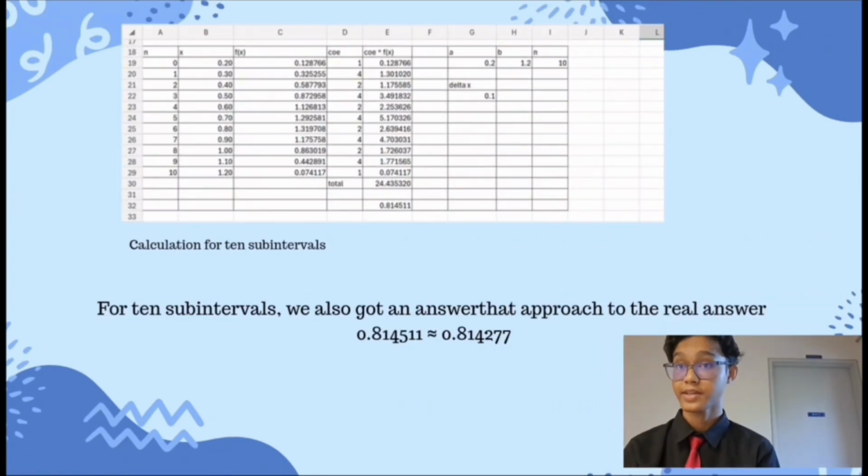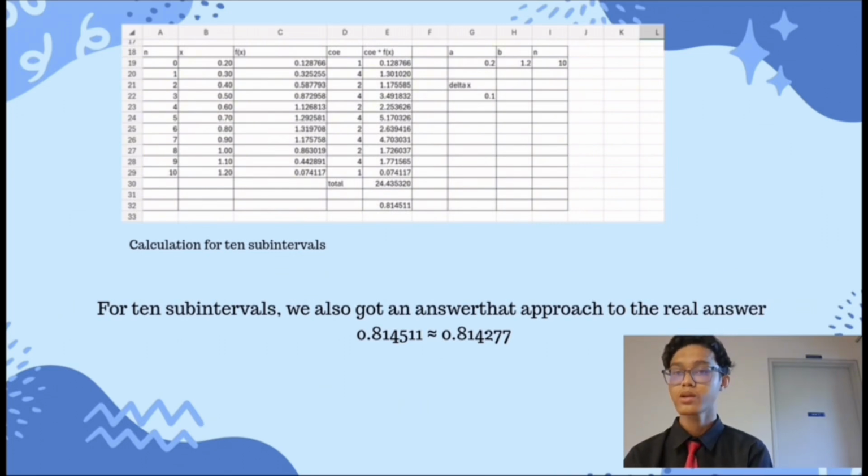I calculate delta x first, using the same limits but a different number of subintervals as in the question, and I get delta x as 0.1. Then I list n, f(x), coefficient, and coefficient times f(x). This one is different from before, because n here starts from 0 till 10. Then I sum up the list, and I got the total sum of